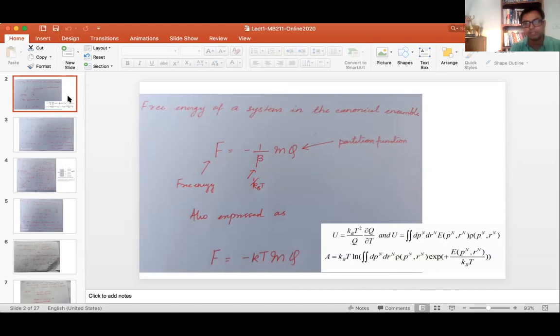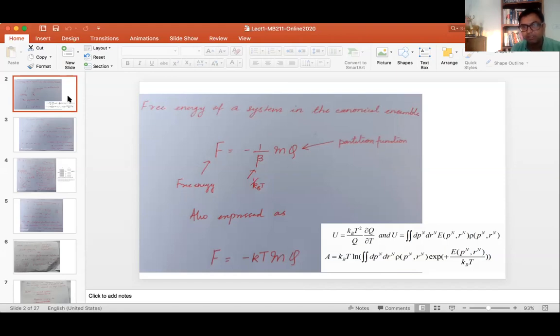So we discussed how, when you calculate energy, the higher energy terms are very less probable, and so they do not affect the average energy as much, because the energy is written as a product of the probability density of each of the energy states into the energies. Whereas in the free energy term, you have the energy term in the exponential.